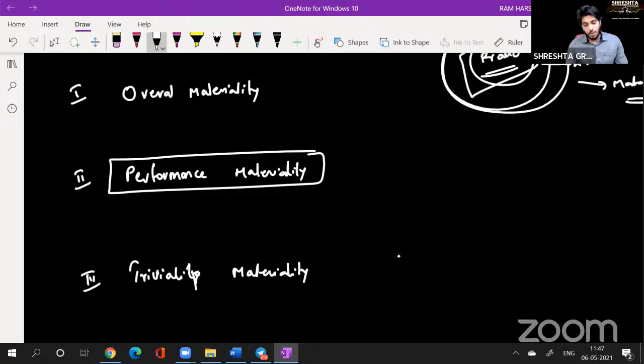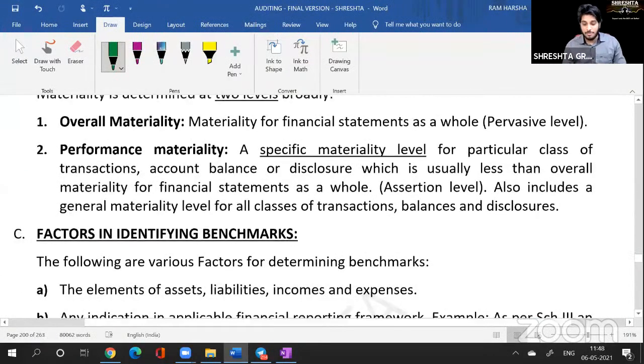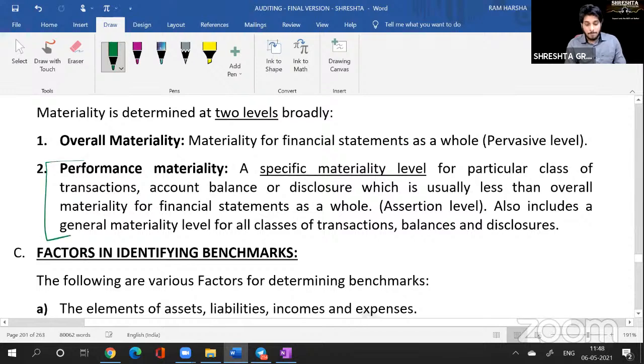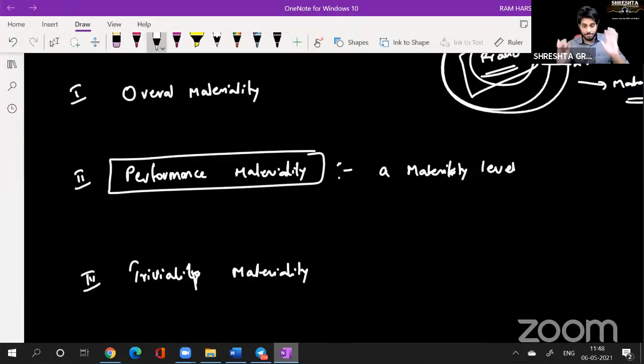Okay, so fine. What is performance materiality? Performance materiality. It is a materiality level. I'm writing the definition. Actually, if you look at the PDF material which I gave, the performance materiality definition is there. But there is another part which is missing, so I'm writing here in the notebook. You also please copy. Performance materiality means a materiality level